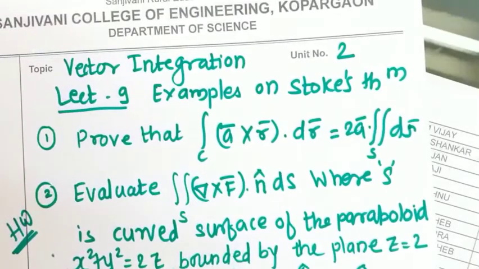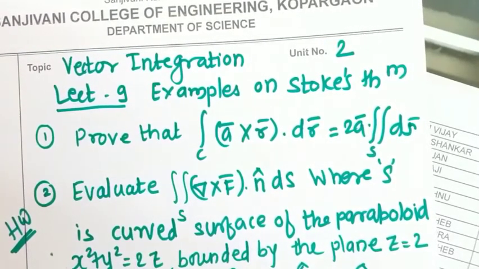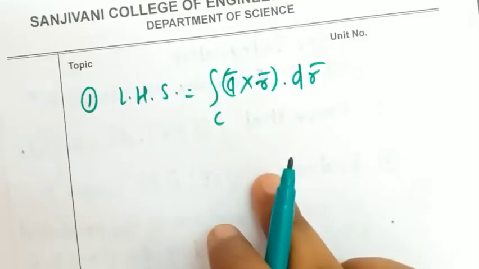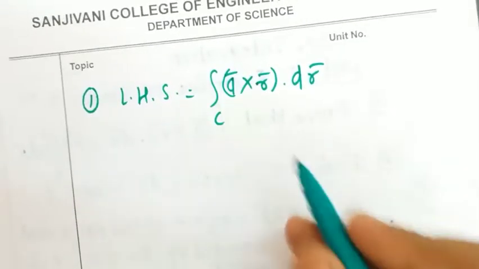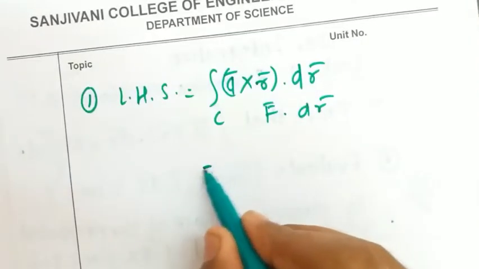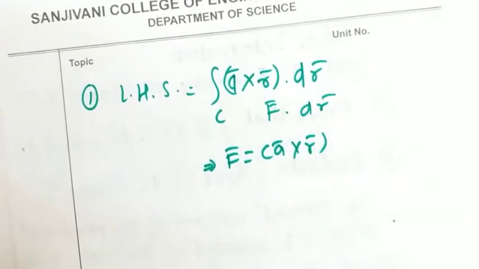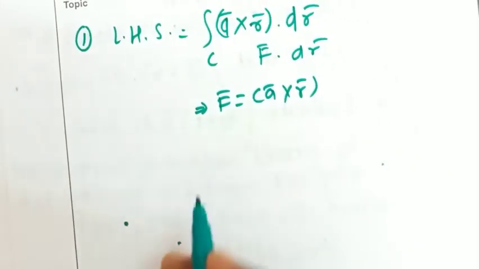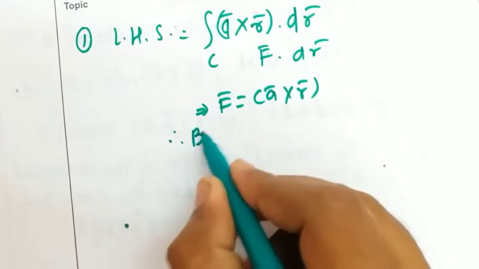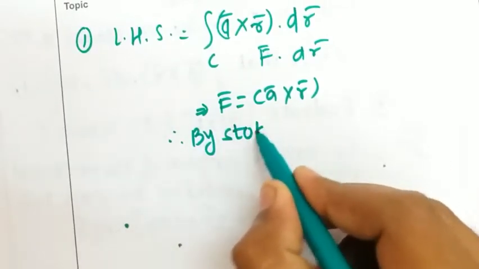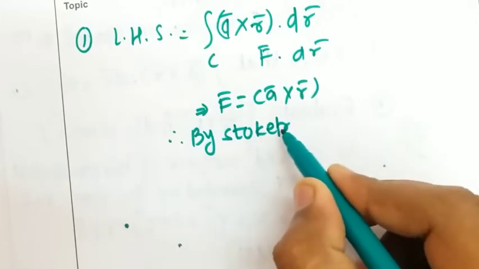So now consider the left hand side of this integral. This is the left hand side: integral over C of a bar cross r bar dot dr bar. So this is like f bar dot dr bar. It means f bar equals a bar cross r bar. Now C is the closed curve. Therefore by Stokes theorem,